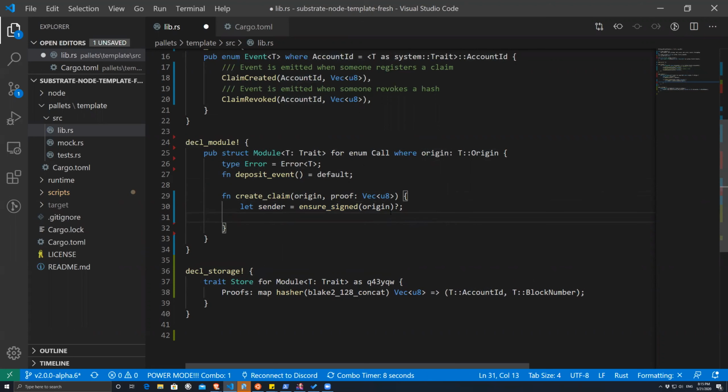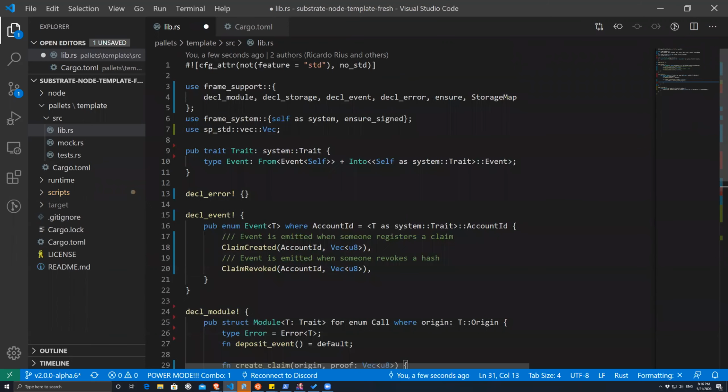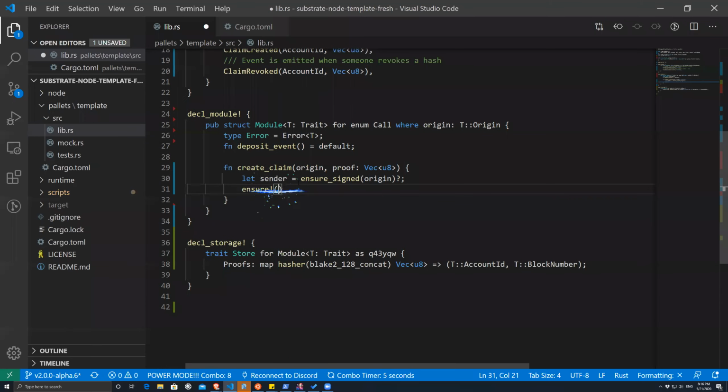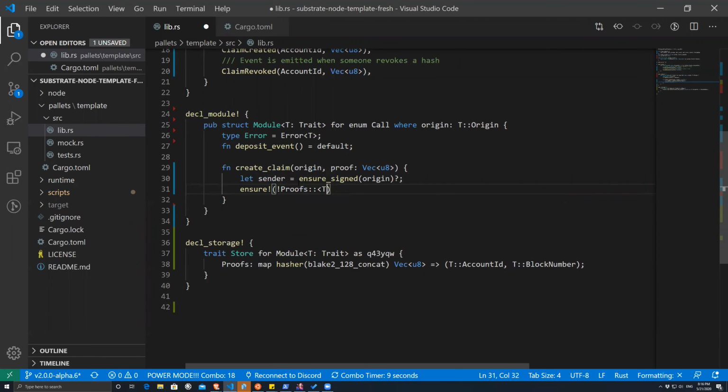Then, if he's trying to register a claim, register a hash, we need to make sure that this hash doesn't already exist, right? You can't really register the same hash to two different people. That goes against how proof of existence works. So here we'll use the ensure macro that we've imported previously, and we do it like this. Ensure. Now, again, we call it with the exclamation mark, because all macros end with an exclamation mark, and we ensure that not the proofs structure in our trait